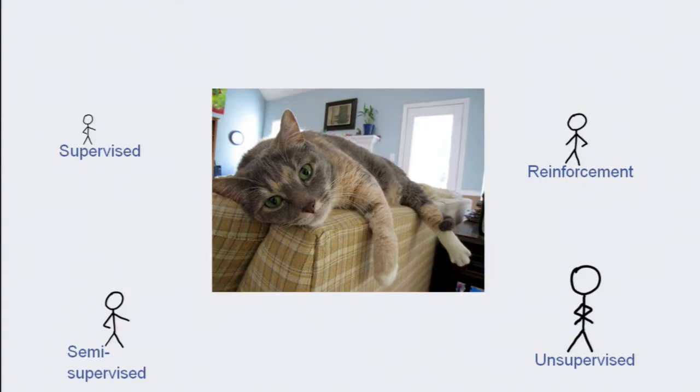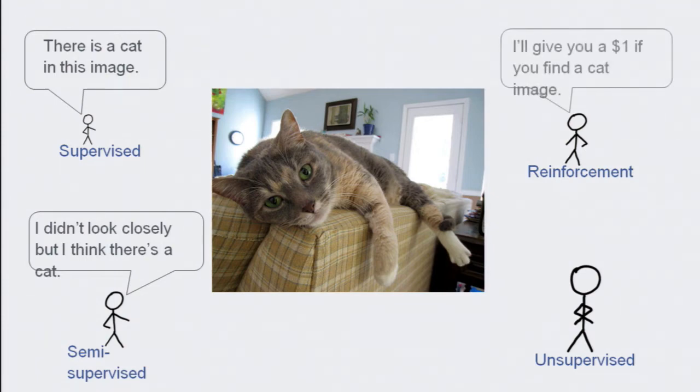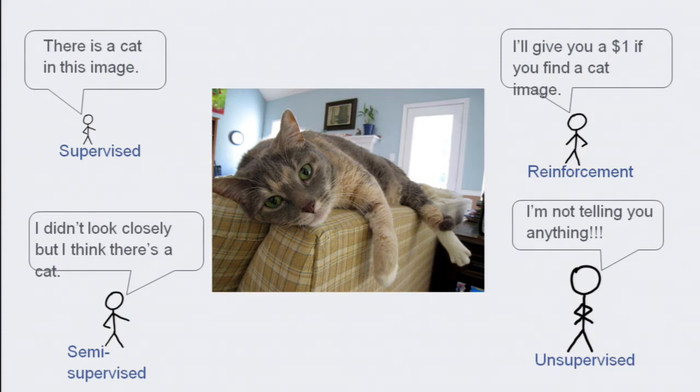The first thing is learning. There's many different types of learning. There's the very friendly, nice type of learning, which is supervised, where you get data, it's complete, it doesn't have any noise in it, it's fantastic. It's our favorite friend. You have semi-supervised learning, which is a little lazy, let's say, where you don't always get the data that you want. You have reinforcement learning, which is always trying to give you money or give you rewards for doing the right thing. And then you have unsupervised learning, which is really, really annoying, because we have a huge amount of data, but we don't have any labels for it.